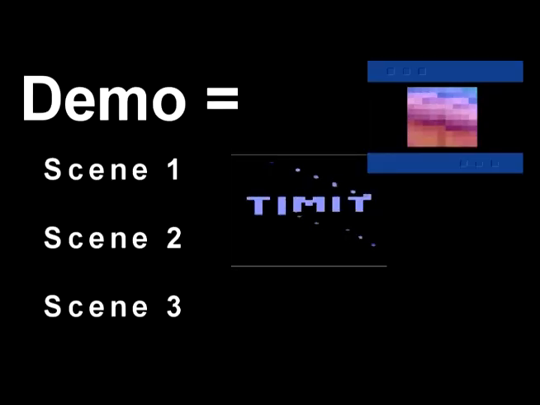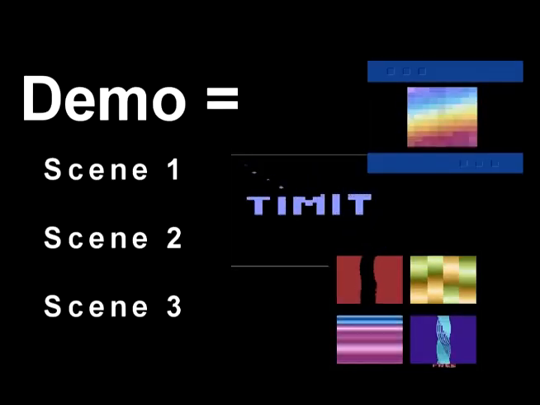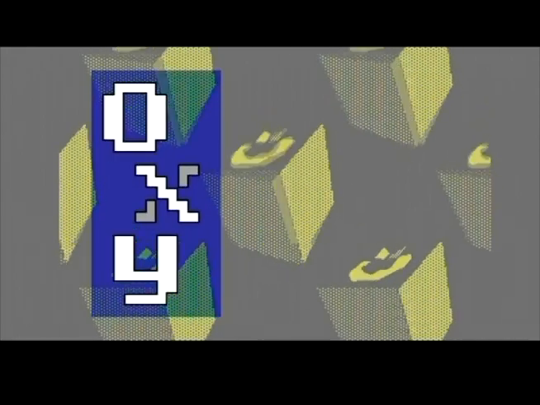Demos are built from multiple scenes or visual effects strung together. Common effects include scrollers, rotozooms, plasmas, ribbons, rotating cubes, and various other polygons. While these kinds of effects may look pretty dumb by today's standards, they actually did things that were supposedly beyond the hardware's original capabilities. They were unprecedented for the time.